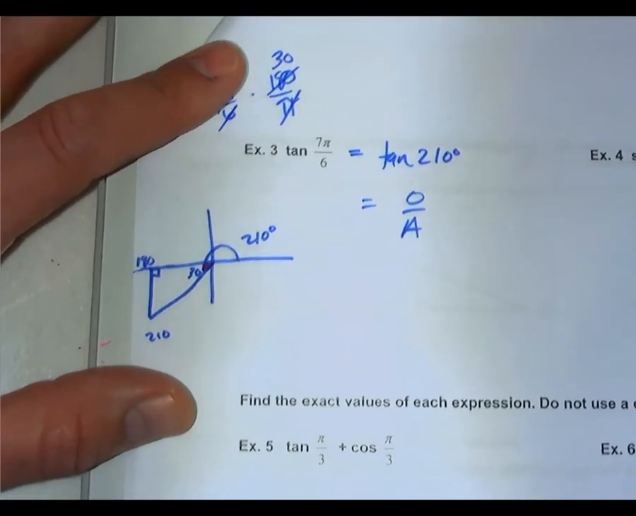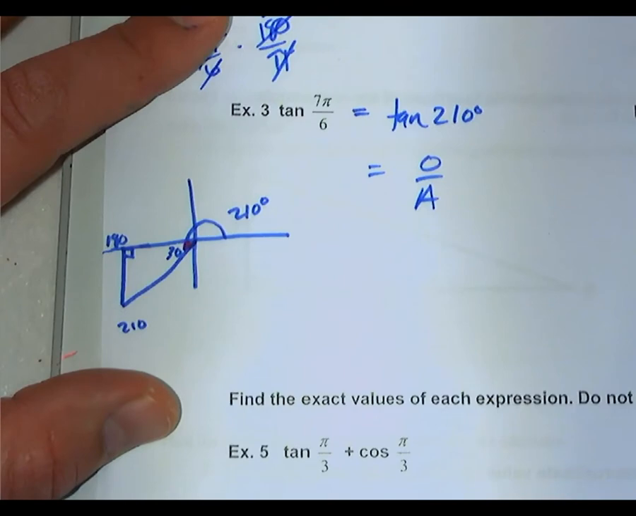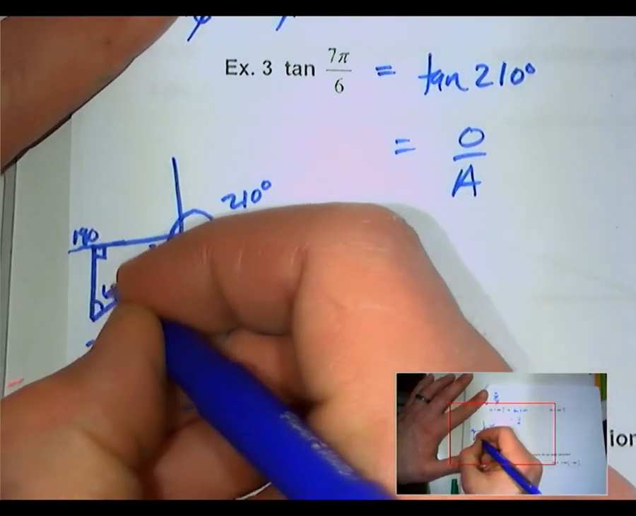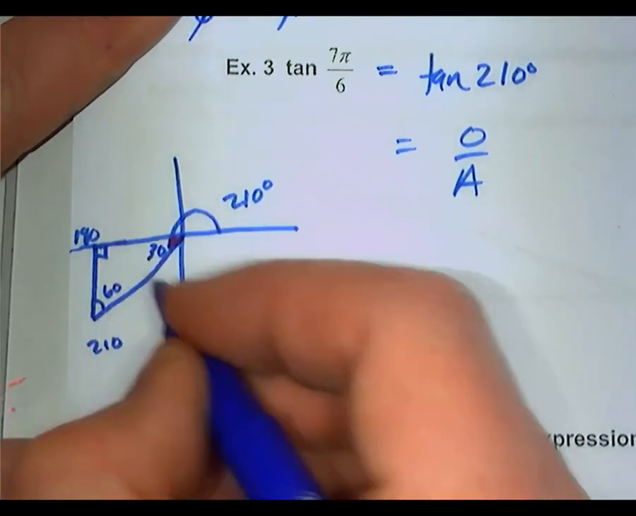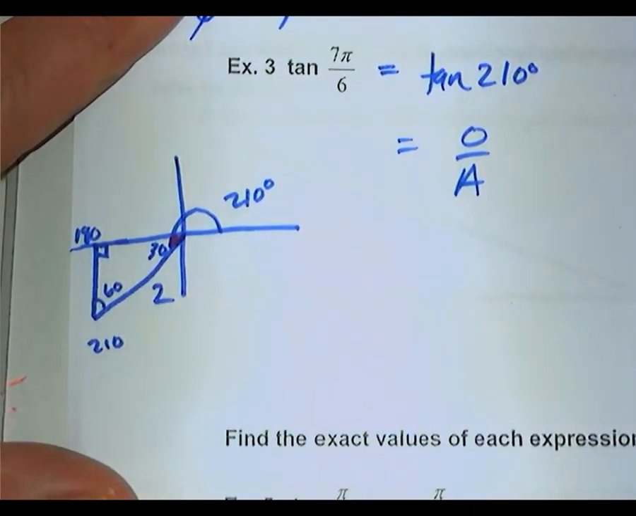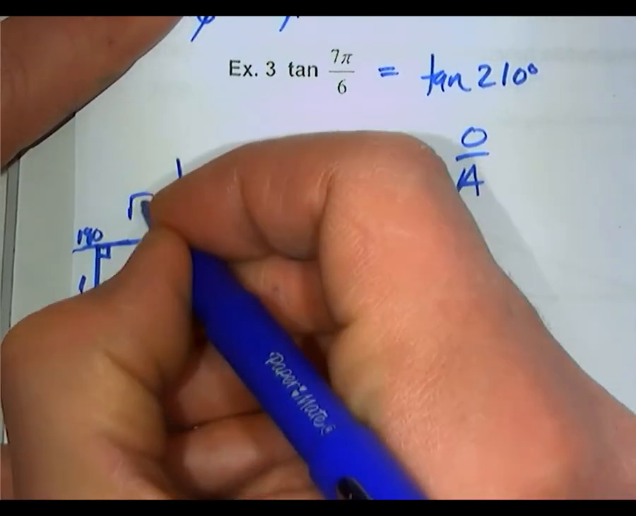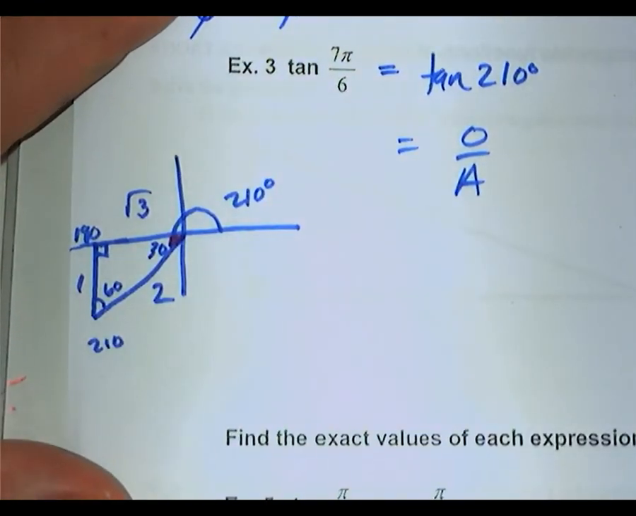Okay, I'll zoom in so we can see this little triangle here. Alright, so if that's 30, we know this guy's 60. We know the hypotenuse is 2. And then across from 30 we know is 1. And across from 60 is root 3. Okay, now,